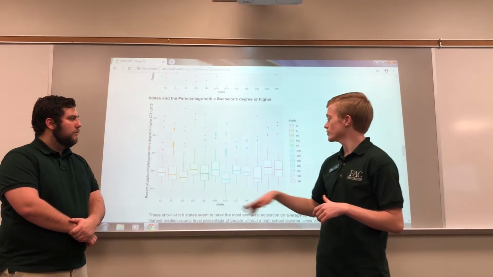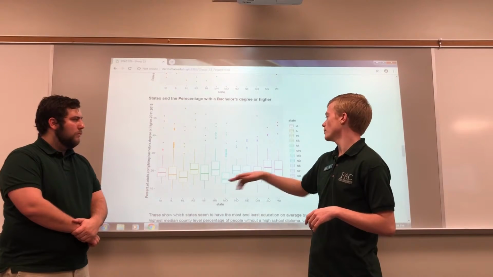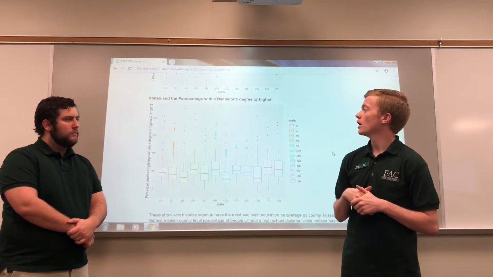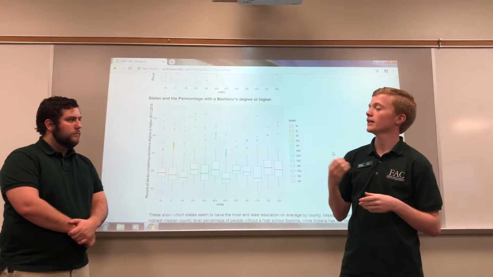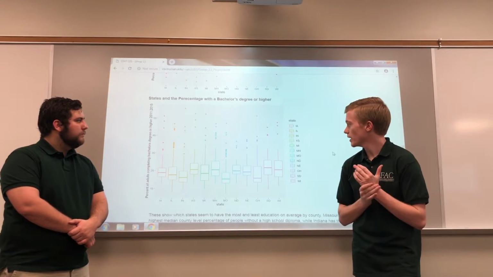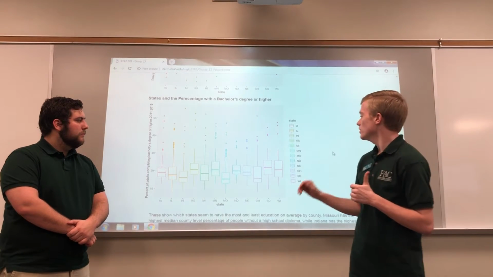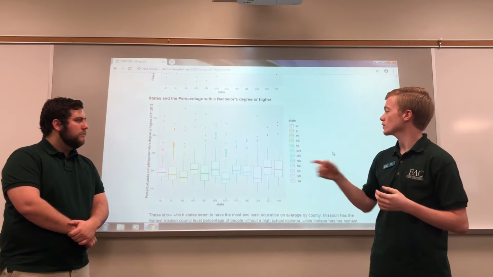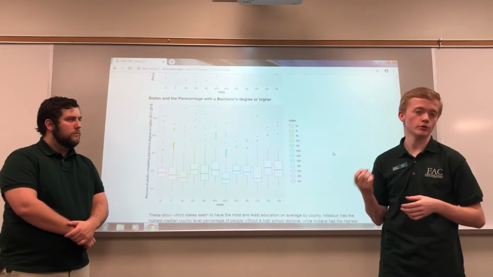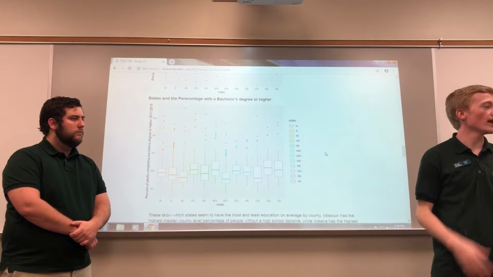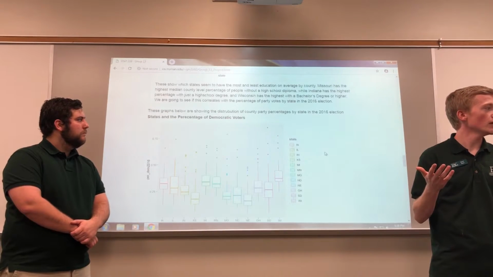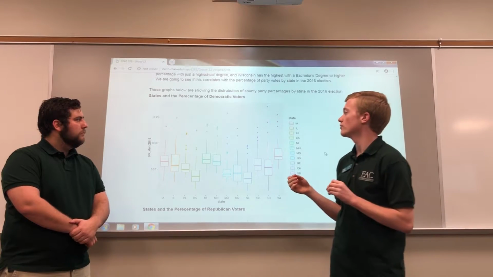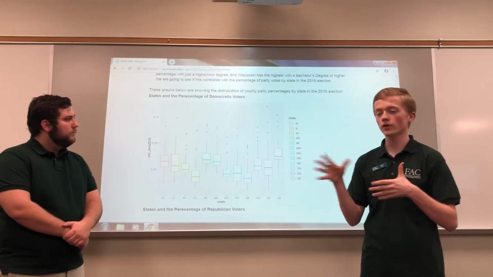It makes sense that Missouri is right around the bottom right there because it had one of the highest percentage levels per county with less than a high school degree. And then things to note right now are that Wisconsin is one of the highest for percent counties with a bachelor's degree or higher. And so now we're going to compare this to the states and the per county percentage of political party affiliation voting.